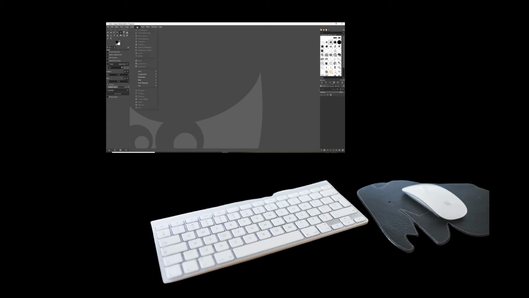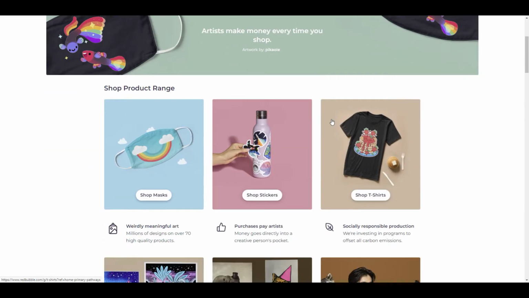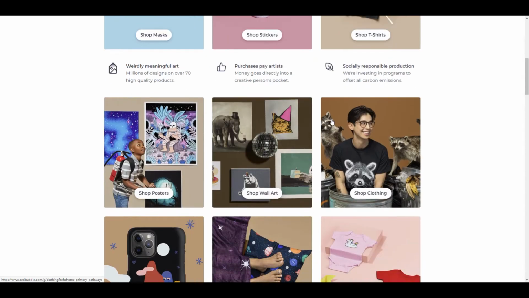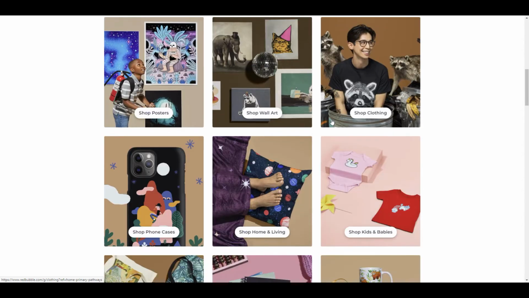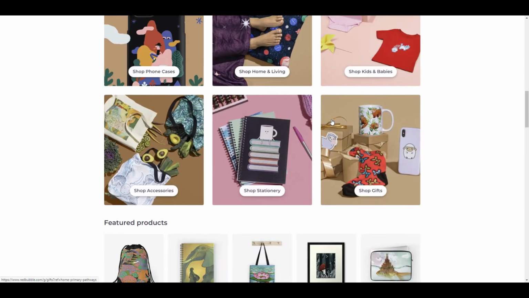So hey guys, these are the sites that I use to upload my designs to for my print-on-demand business. I start off with Redbubble. It's my go-to website when it comes to print on demand. I make a lot of sales through this platform, and I also find it very easy to manage the account. The uploader is excellent, and you can edit your designs on the mockups. So basically, if you find that it's not looking the way that you want, you can play around, tweak it, create a pattern,